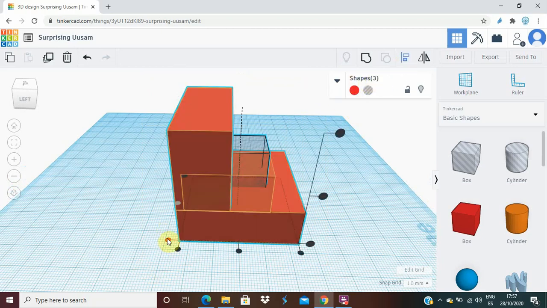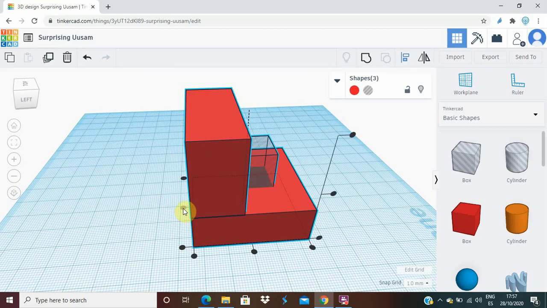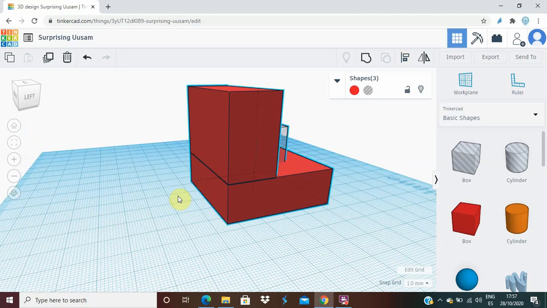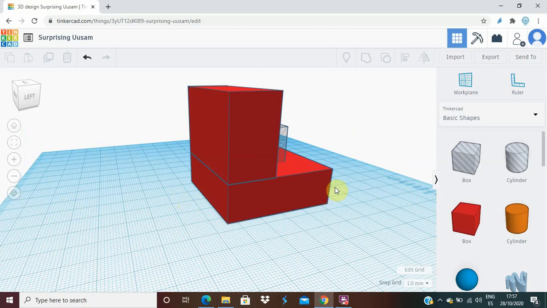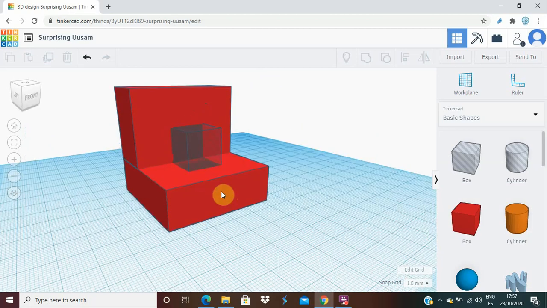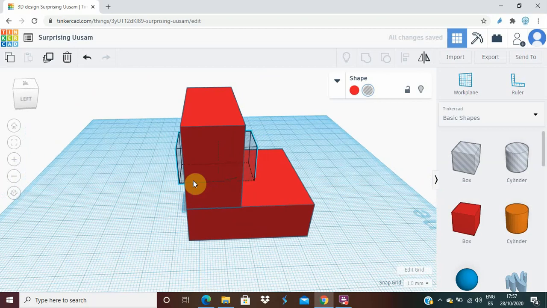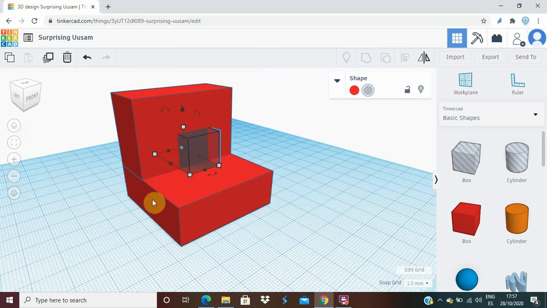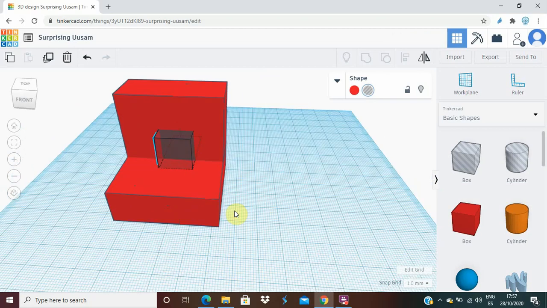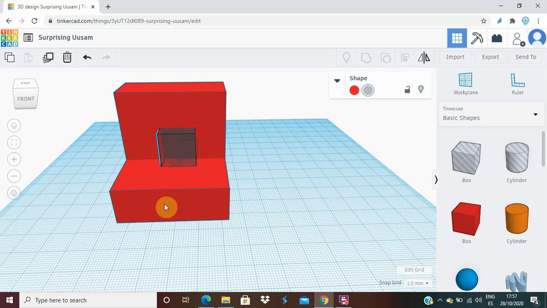And choose align. Okay. So we have to be sure that